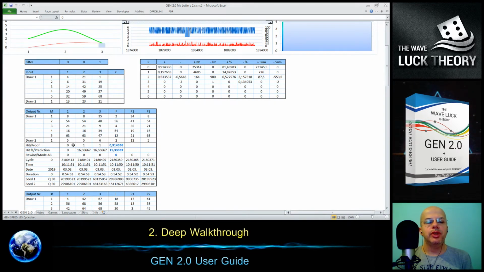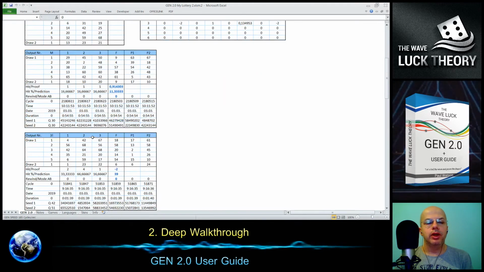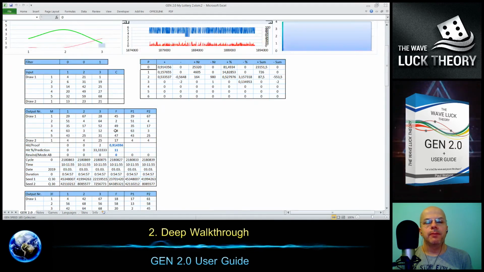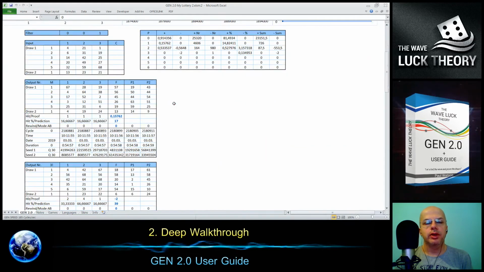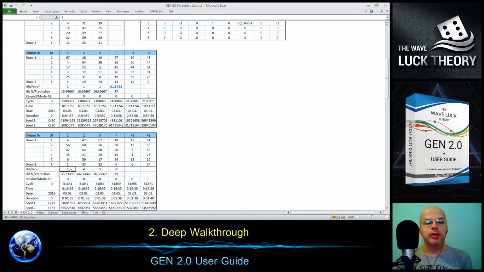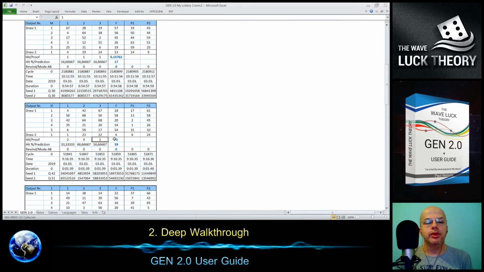I can show it not moving, I will just stop it like that. So between these two, for example, we got average 1 and 1 number was drawn, or here the average is 3 and 1 was drawn, so we got a negative deviation here. That's how the proof is shown here.